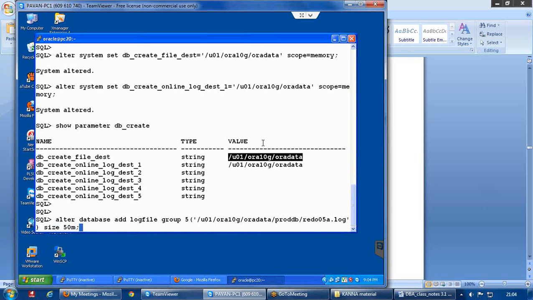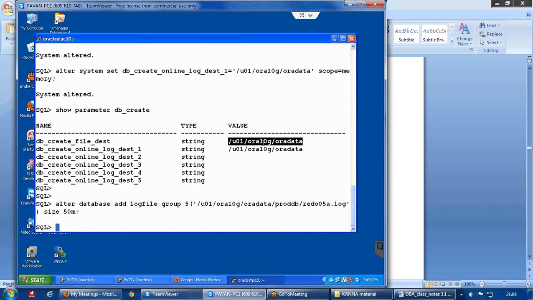Okay, so this is the regular command that we use, but when we are using OMF, then we can use commands like this.